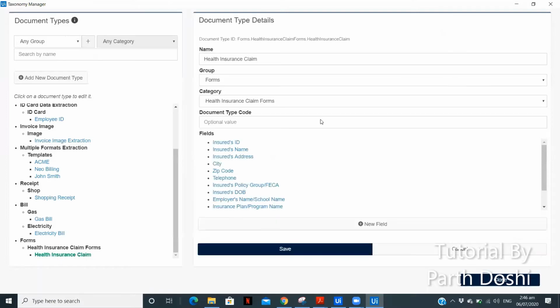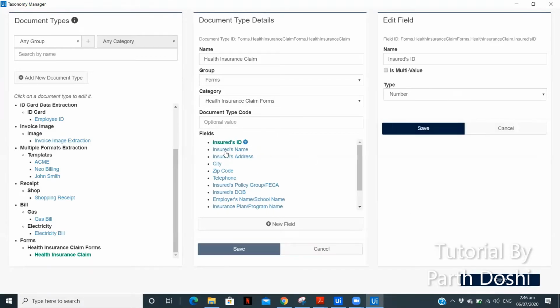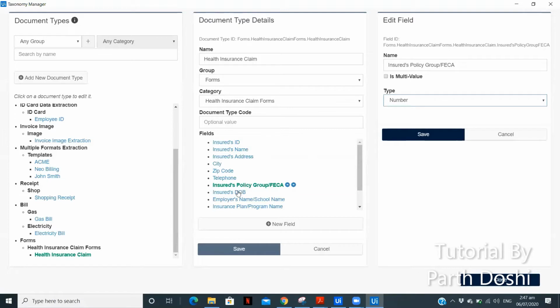I've created these. Now these are the fields which we are going to extract. There are many fields: insured's ID, then its name, address, city, zip code, telephone. Whatever you are trying to extract, you need to select a type from here. After that, policy group or FECA number.